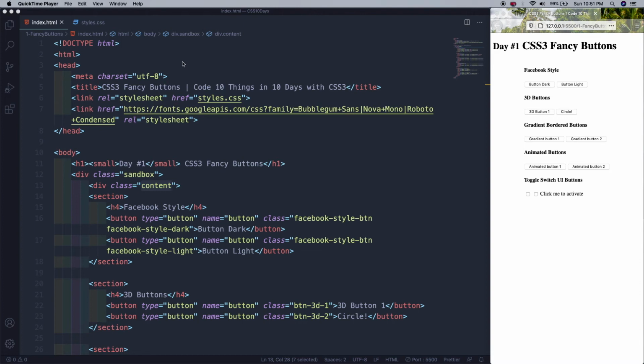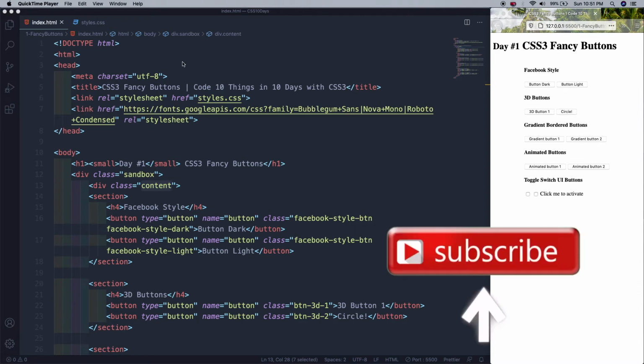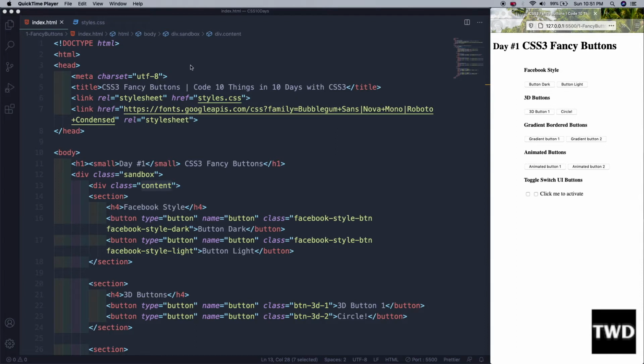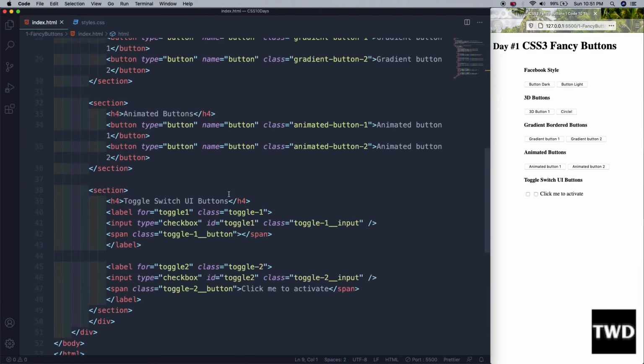Friends, welcome to another CSS series where we will code 10 things in 10 days. There will be different types of components, and the code level will be intermediate to advanced, but it will be a fun thing. So my code is all set up and the HTML is, I'm not going to explain